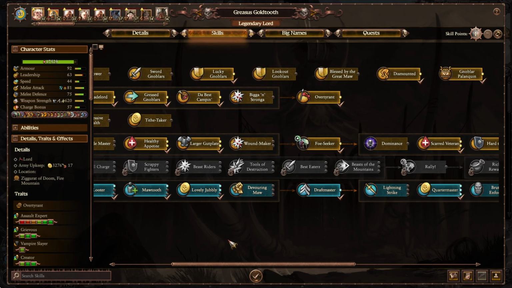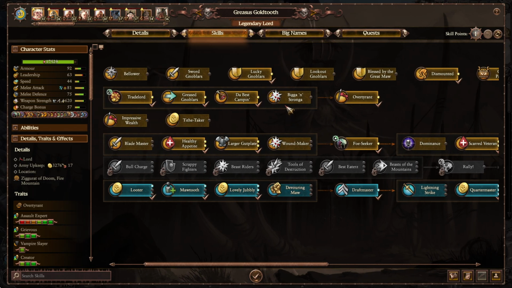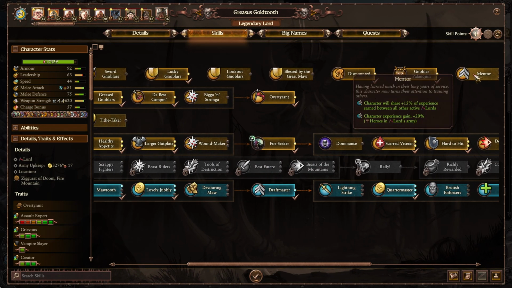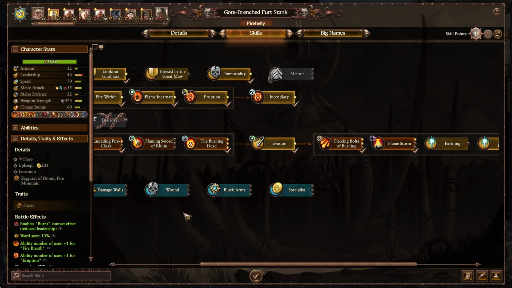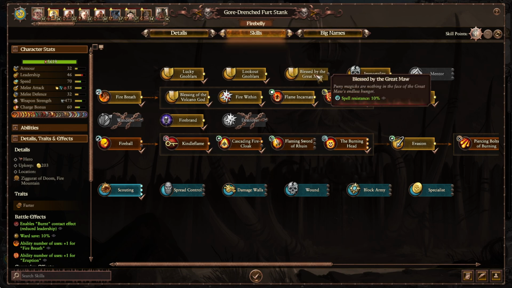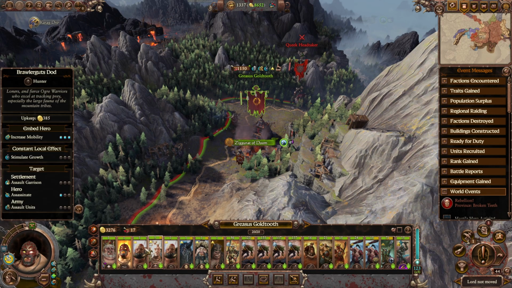Leveling up Greasus. Do we finally want to do bigger and stronger now that we have all of his personal skills to where we want them? I think we need Mentor. Mentor will be good. We have a fair amount of lords around the map, so that'll help them out. For our Fire Belly, let's do Flaming Sword of Ruin. We don't actually have access to that yet, so